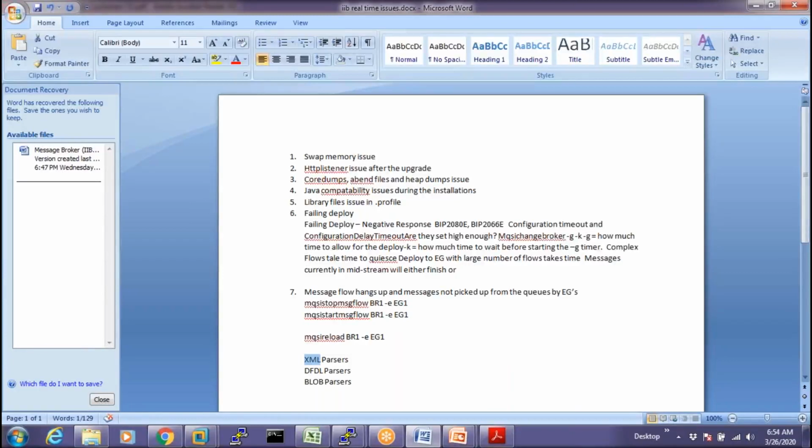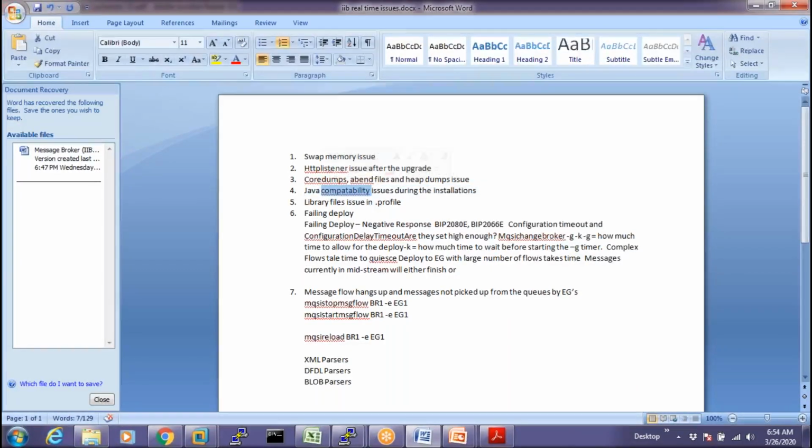Clear? Yeah. All right. Now the third thing is Java compatibility issues. When we are doing any IIB installation, we have already seen some prerequisites, right? The operating system and the MQ installation, these dependencies have to be there.